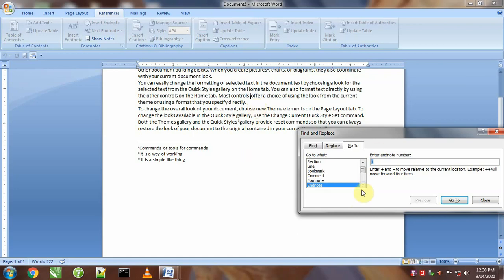So these are very good commands for footnote and endnote when we have a very large document and footnotes and endnotes are scattered in the document at different locations. We can visit all the footnotes and endnotes with the help of all these commands.